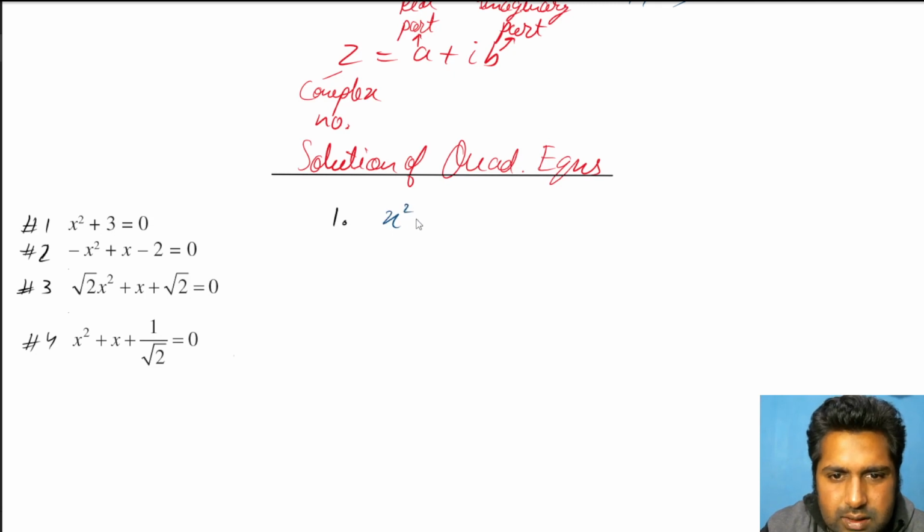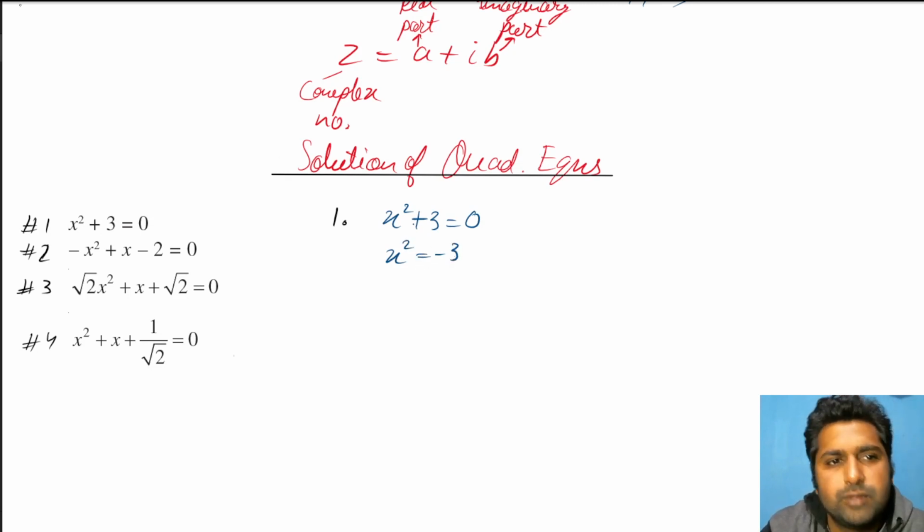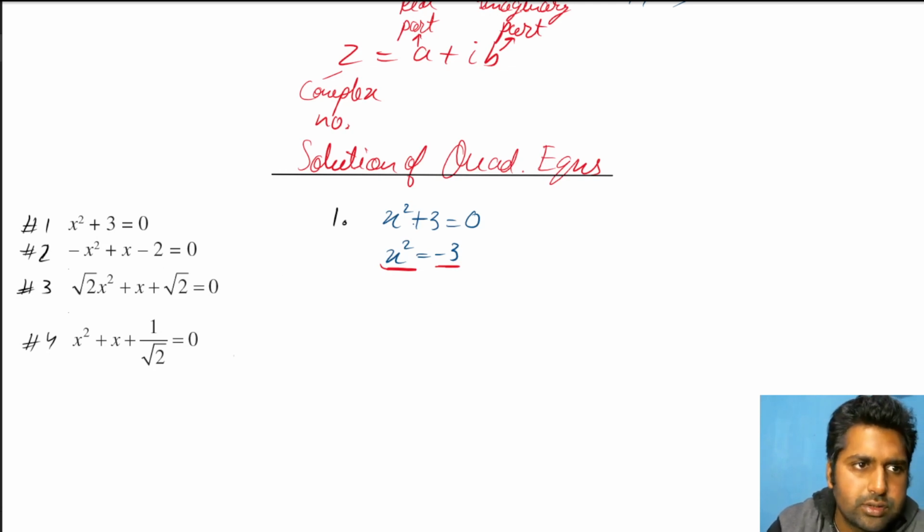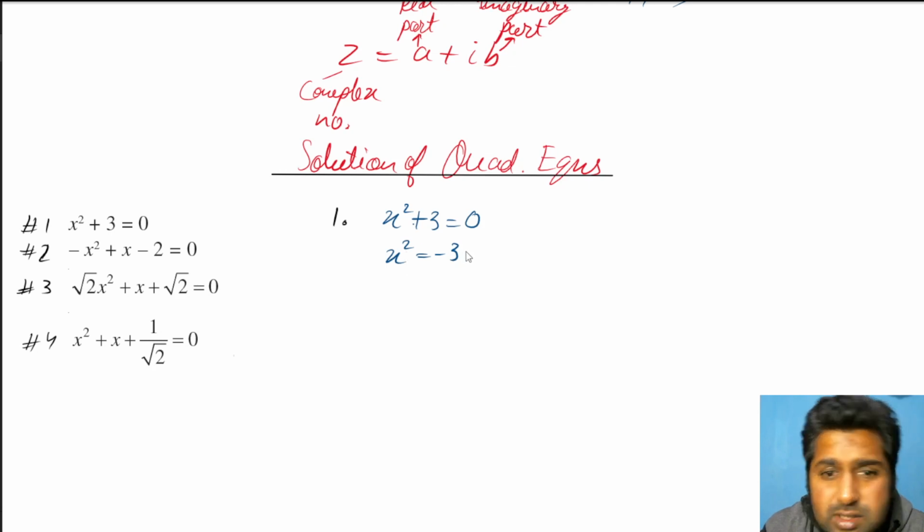So x square plus 3 equal to 0. If you solve for x square equal to minus 3, first of all, what your common sense suggests is square of anything cannot be negative. Means we cannot actually solve this. So there is no real solution present for it. Now what you can do is take square root. If square is there, take square root on the other side. That becomes